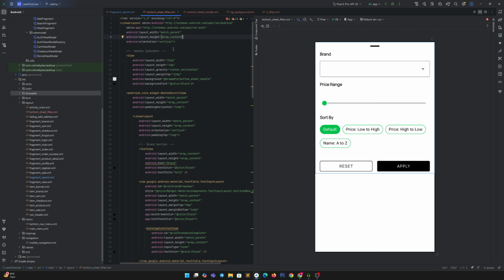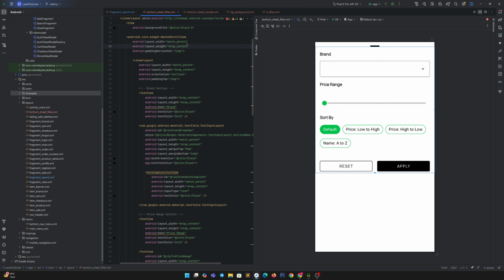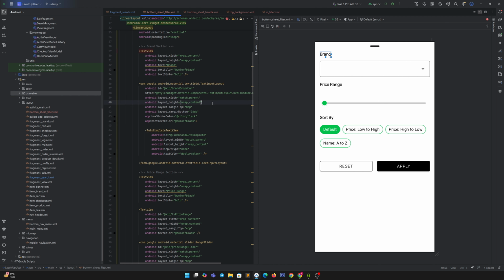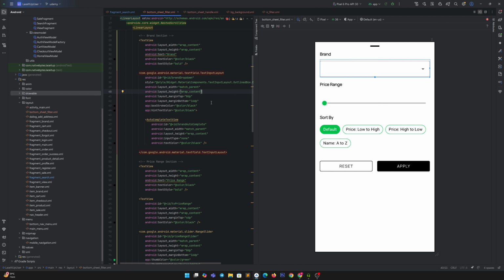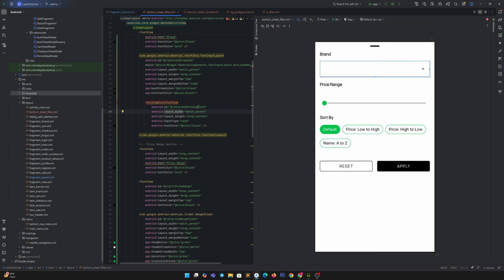Here, in this layout, we defined the linear layout which has the width match parent and height wrap content, and then we are using the handle indicator, which is a view, right? And then we have a nested scroll view which contains another linear layout which holds the text view for brand, and then we have a text input so that the user can search with any available brands, right? Which has an auto complete text view.